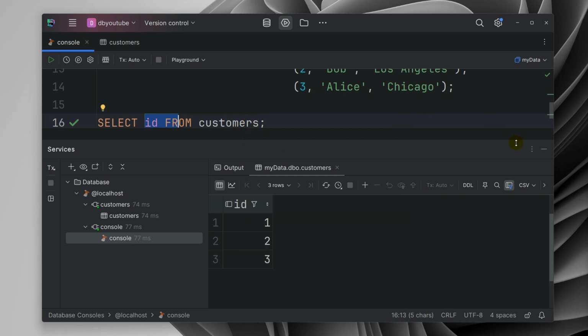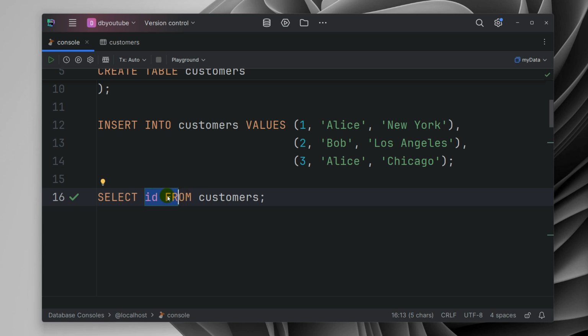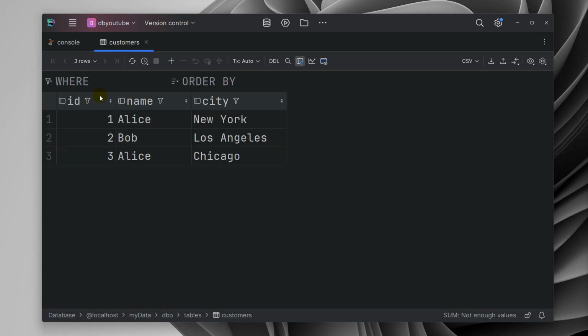We can select multiple properties. For example, here we have ID and the name, but we don't want to know anything about the city. Or vice versa, we don't want to fetch the IDs. We just want the name and the city of all our customers. How can we fetch all the information about the name and city